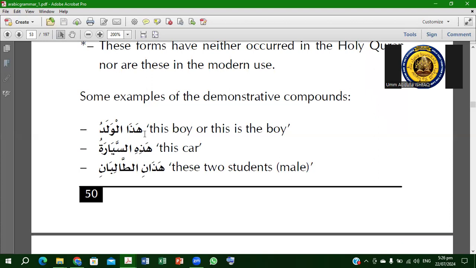All isme ishara are proper nouns. Okay, remember all pronouns like ha, huma, humka, kuma, kunna, the pronouns are also proper noun, and pointing nouns are also proper nouns. So hadha is proper. So you cannot say hadha waladun, because